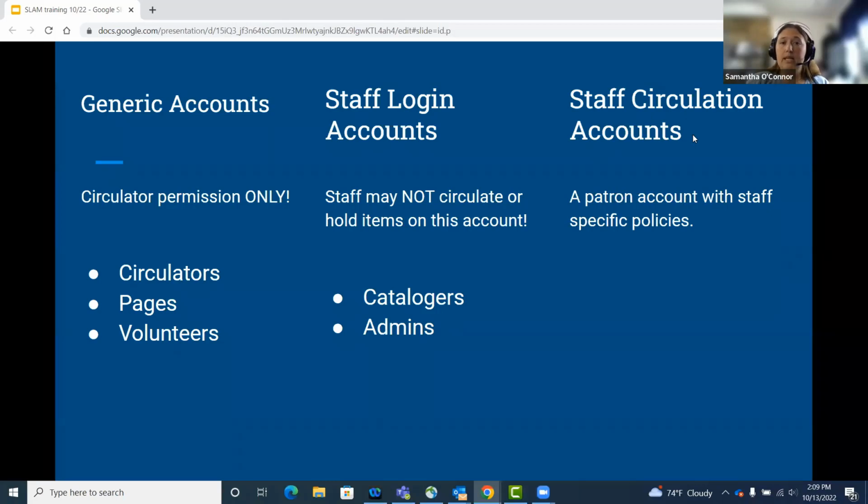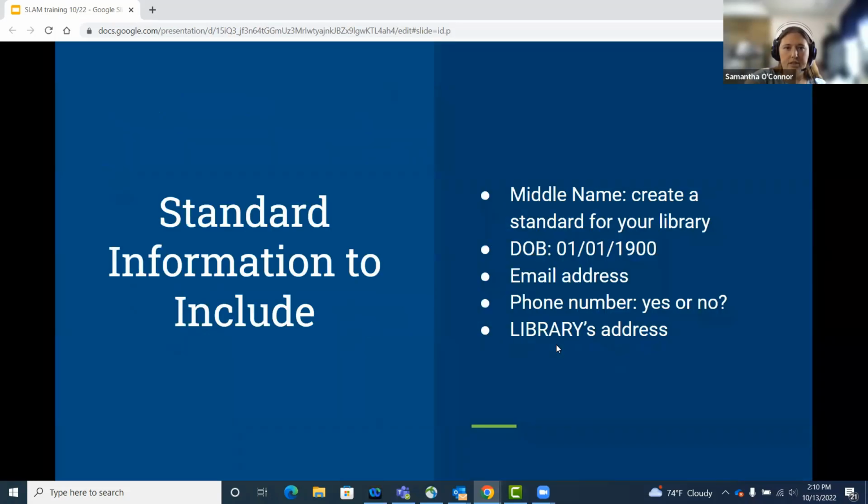And those are completely separate from their staff login accounts. Those are accounts that, if they stop working at the library but continue to be a patron of the library, can be changed to regular adult circulation accounts, whereas the staff login accounts cannot. Does that make sense? I feel like I'm still teasing apart some of the nuances on these. All right, so